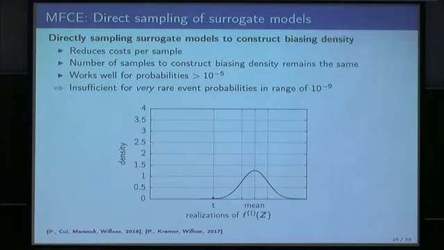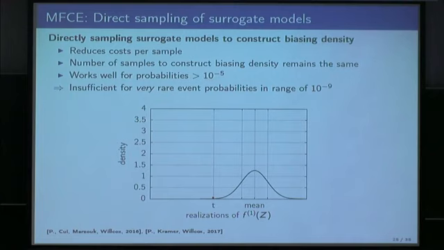And we want to use surrogate models for this, of course. Now, what we call the direct sampling approach is to simply take a surrogate model. When you look at this biasing or nominal density here, and here's this threshold which defines which tail behavior we're interested in. The direct sampling approach is to use a surrogate model to sample this extensively and then find a few samples in that region, and you learn something about the region. You can fit the density to that region or come up with some other way to find a biasing density for this corresponding threshold.